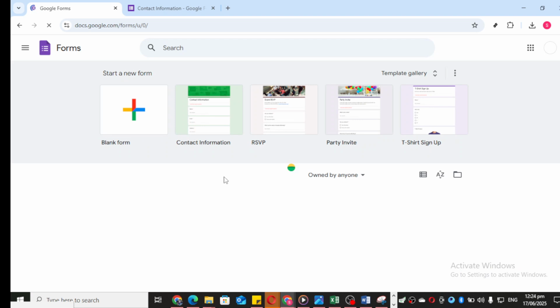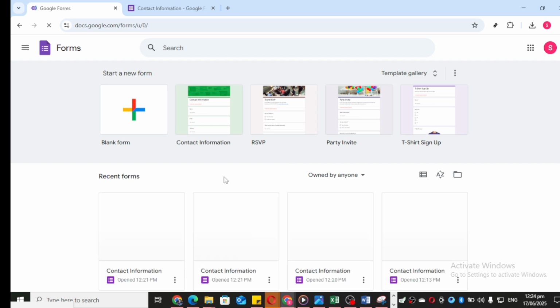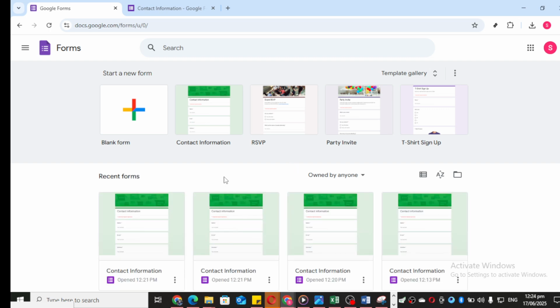Now that you're on the right page, you'll need to choose a template for your survey. Google Forms provides a variety of templates to meet different needs. You might find options like customer feedback, event registration, or even a blank form if you're feeling creative and want to start from scratch. Take a minute to browse through the templates available and select one that best suits your